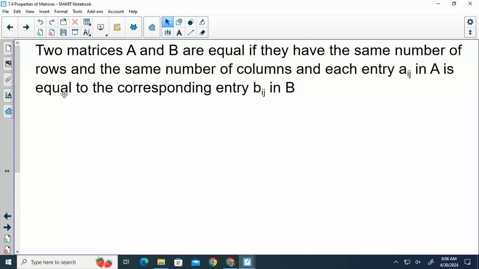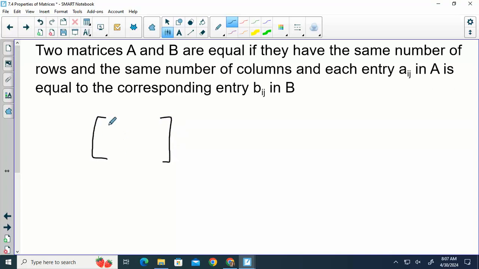So first thing, if I'm talking about matrices, they're equal if and only if they have the same number of rows and columns. Okay, and every corresponding entry in the first has to be the same as the entry in the second. This subscript Aij just means in matrix A, row i, column j. So it's just essentially saying they are only equal